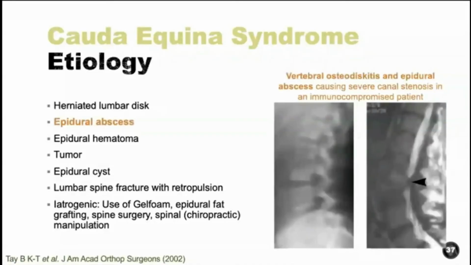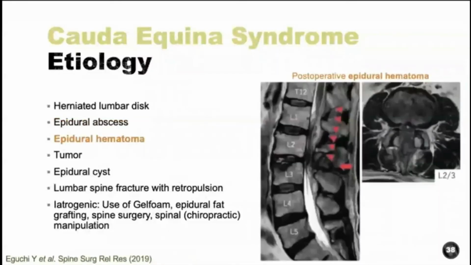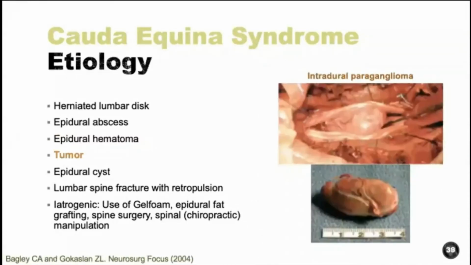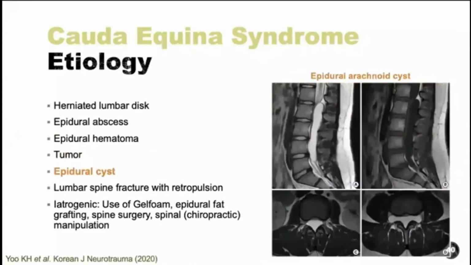An epidural abscess, as seen here on the right, can also cause a similar mass effect, as can an epidural hematoma. And this could be from a patient who is on anticoagulation. It could be a hematoma after spinal instrumentation or after a fracture. So all of those things could cause a compressive hematoma. It could be a tumor, an epidural cyst,